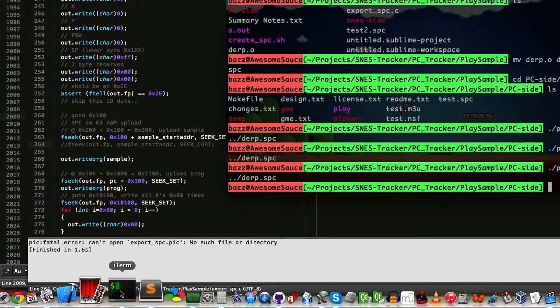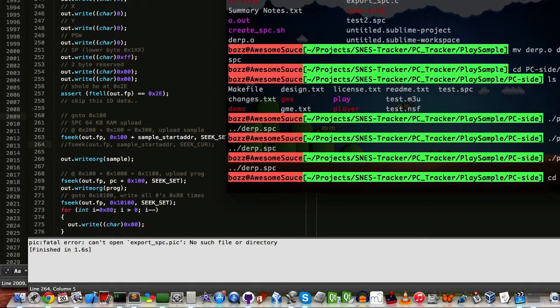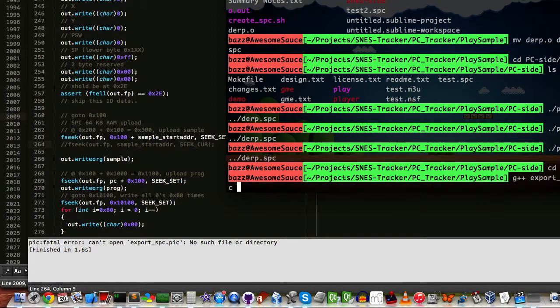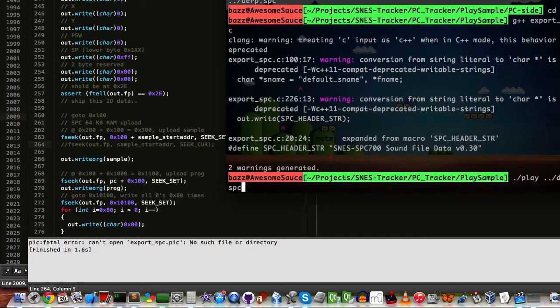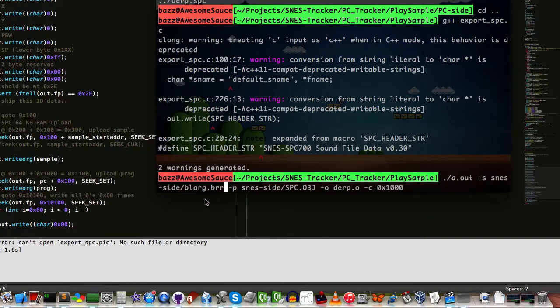See how that works. So I'm going to compile. And then I'm going to run the thing. So let's go through it. I specify my sample, which is SNESSide-blog.brr. I'm going to specify a sample offset of 0x200. I'm using the stir to ul function, which will automatically turn this hex and parse it properly as a string. I specify a program, which is my SPC object, binary SPC program, and then I specify an output file derp.o,